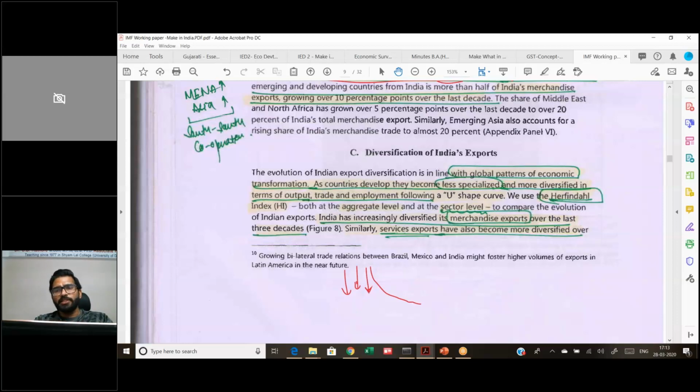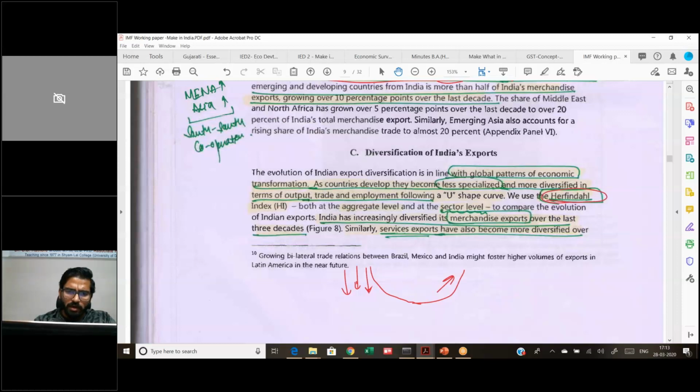Suppose a country like China started concentrating only on manufacturing products. The share of certain kinds of manufactured products started increasing, and then it started diversifying into other products, services, and all other products. With time, it started exporting more. So that is the kind of U-shaped curve that we expect for a country, and that U-shaped curve is on the basis of a